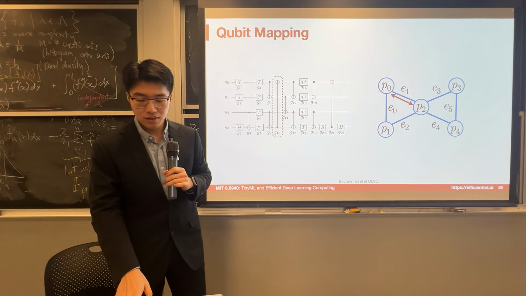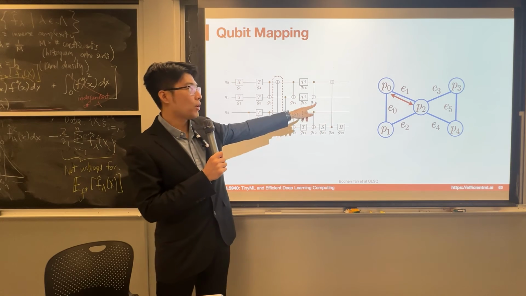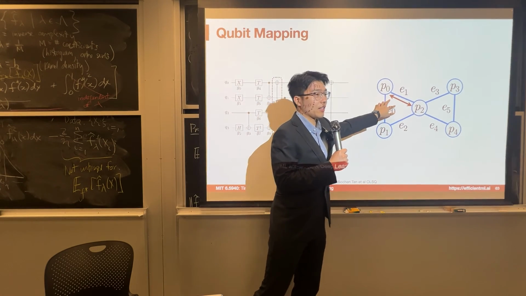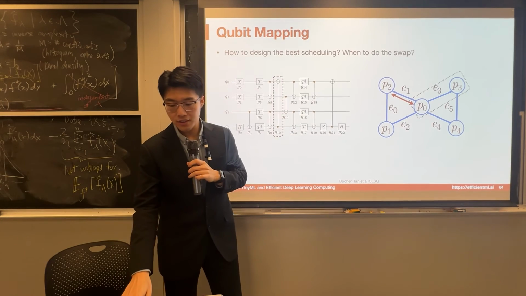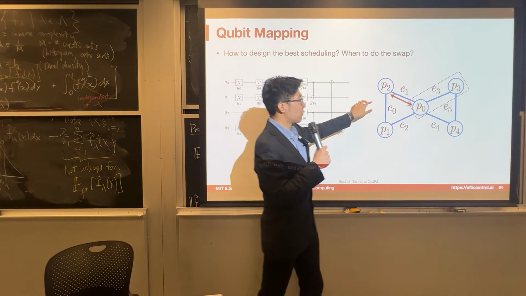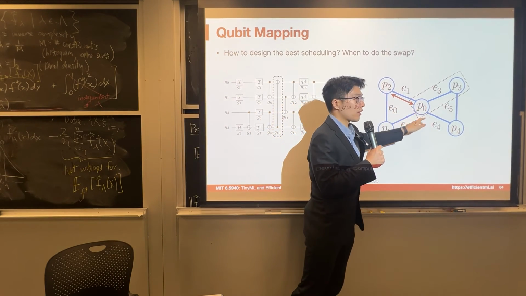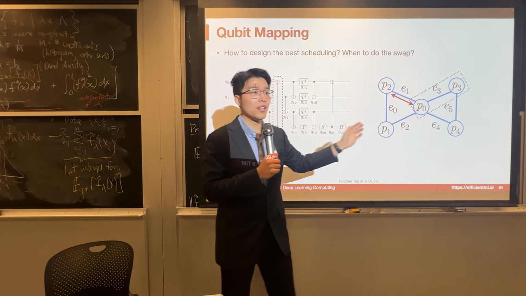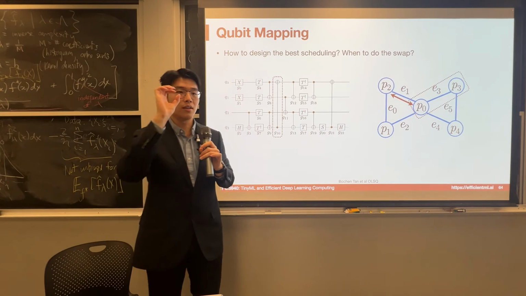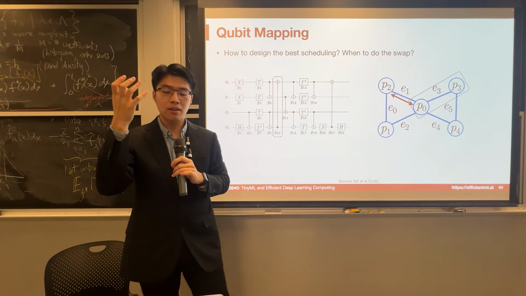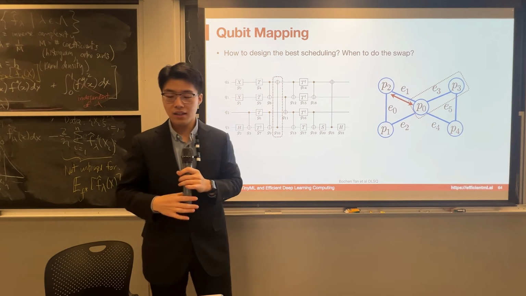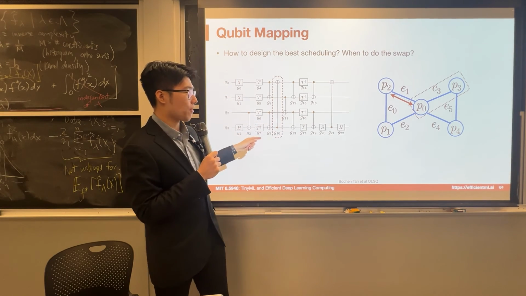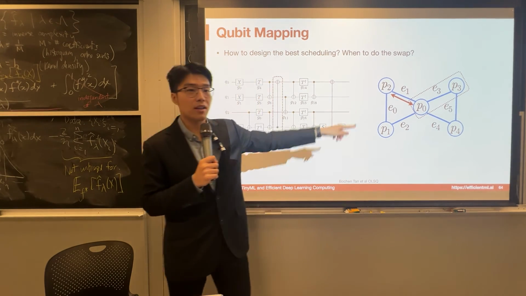One way is that we can do a swap, like swap the information between P0 and P1 using this gate. The swap means that after this, the information on qubit 0 will be on qubit 2, and then qubit 2's will become qubit 0. So that's just a logical, information-wise swap between those 2 qubits. And then we can do the desired gate between Q0 and Q3, because we already have the direct connection between them, right?